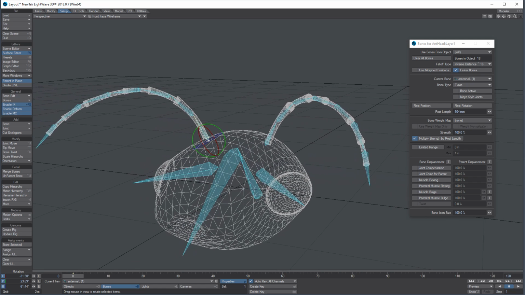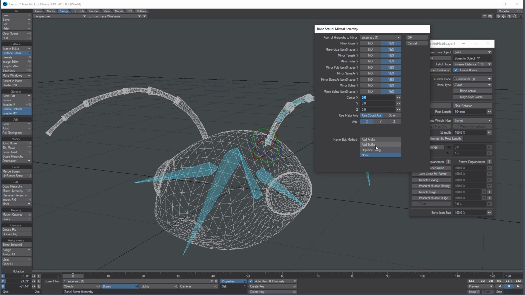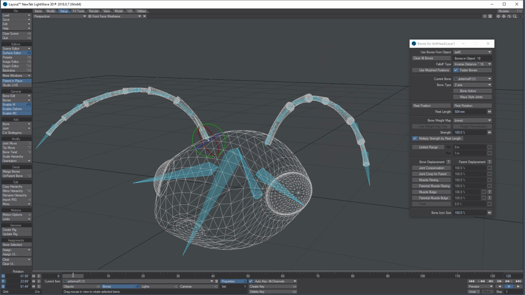Yeah, and yeah, I just delete it because we can rename, we can replace L with R just like that, so it will be antenna R and antenna L